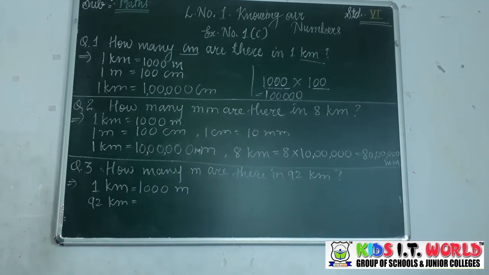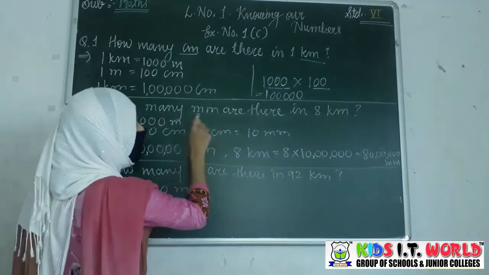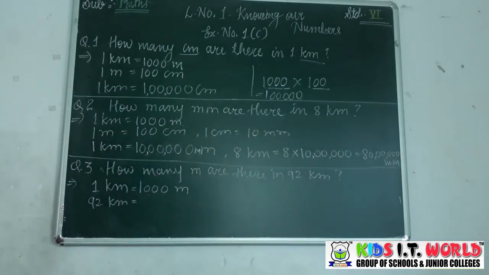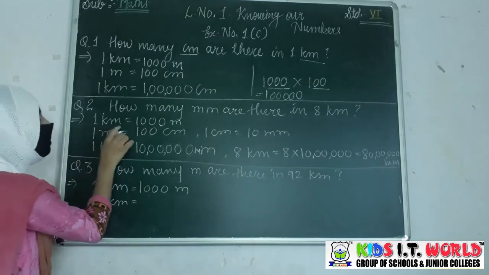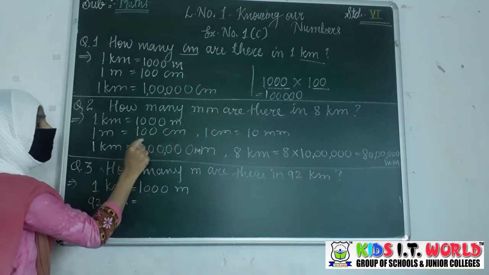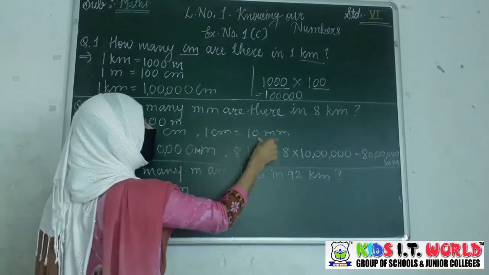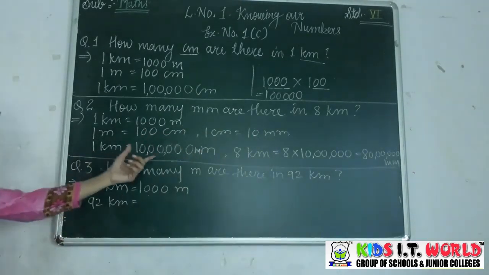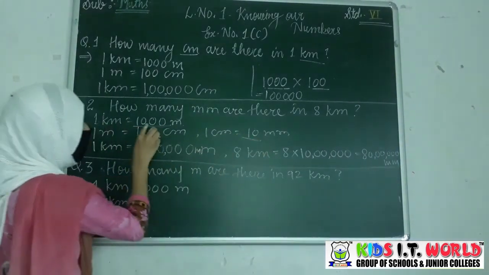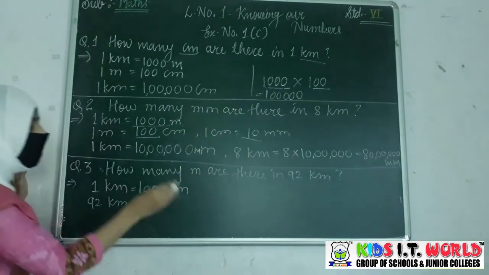In the same way, you have to find how many millimeters, mm stands for the millimeters, are there in 8 kilometer. Again, the conversion of kilometer into the millimeter is not given to you. So first of all, you have to find that 1 kilometer is equal to how many millimeter. So here, you know the basic value of 1 kilometer is equal to 1000 meter. 1 meter is equal to 100 centimeter and we have 1 centimeter is equal to 10 millimeter. So to find 1 kilometer is equal to how many millimeter, you will multiply these three values 1000, 100 and 10. So directly, orally we will multiply this.